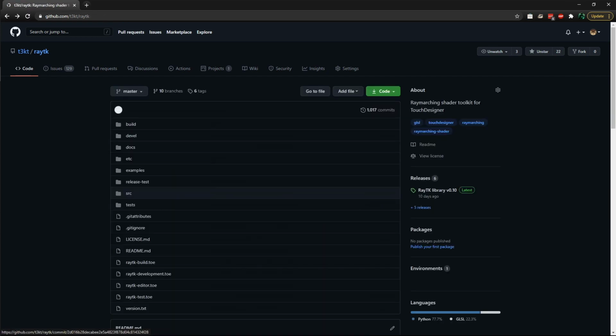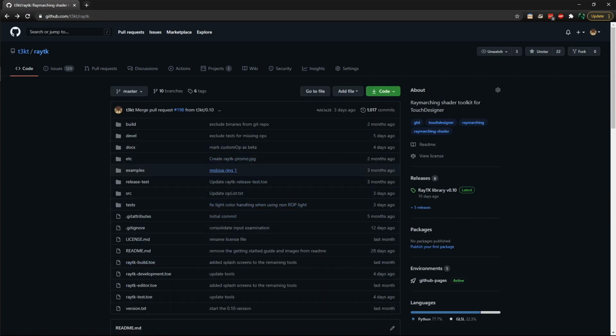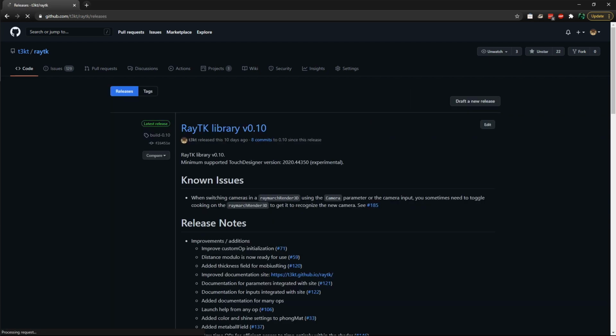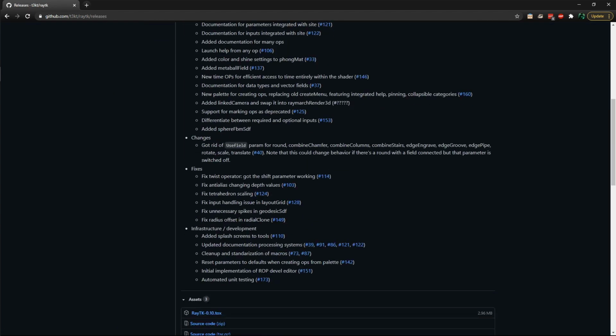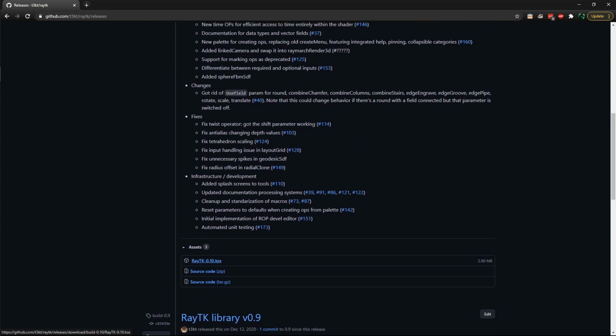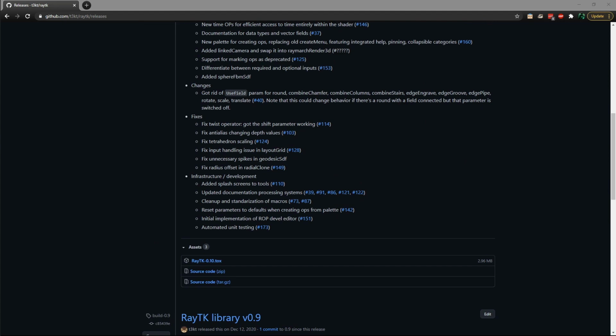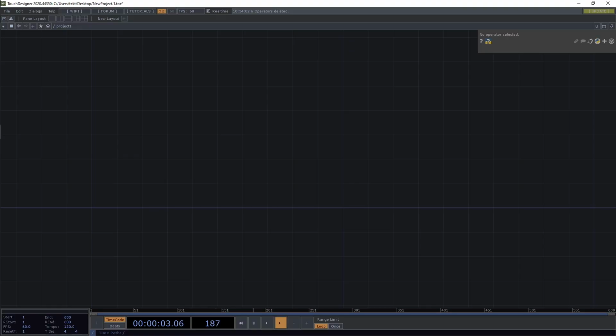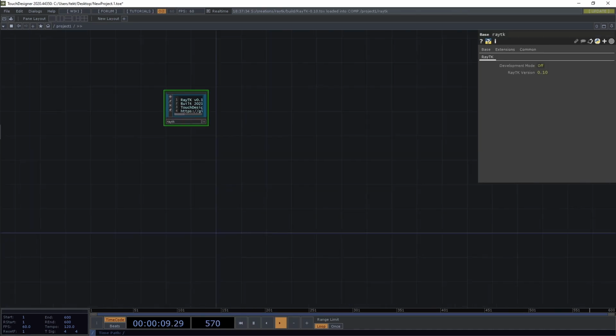There are files in here, but these are development files that are not going to be useful for just creating scenes. So in this first one, we've got this tox file here, so we're going to download that and then drop that into our project. There we go. So the toolkit is loaded now,